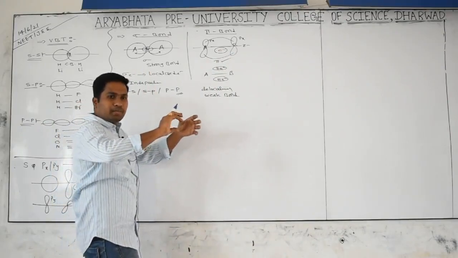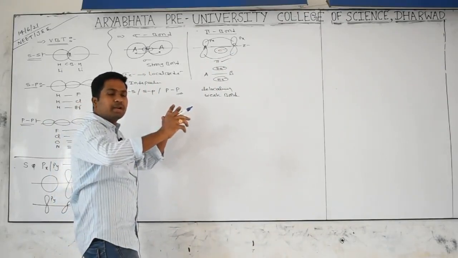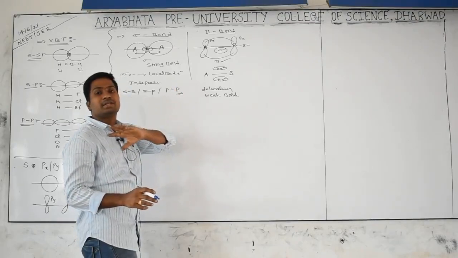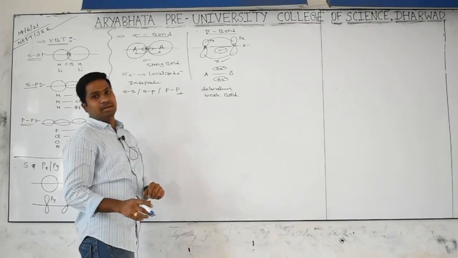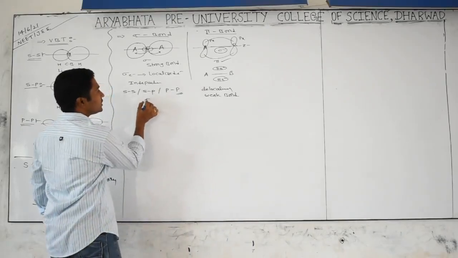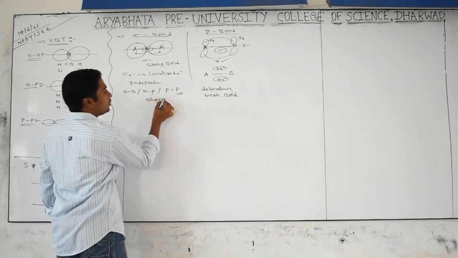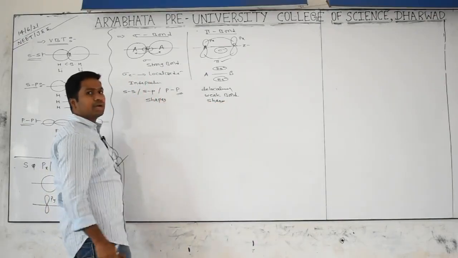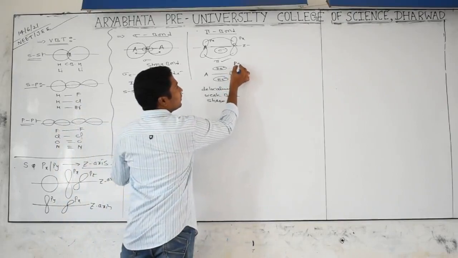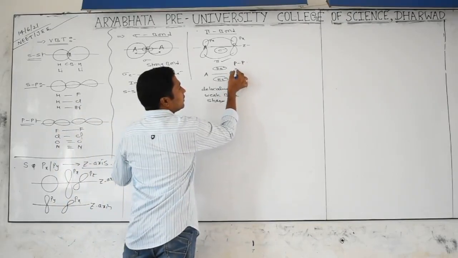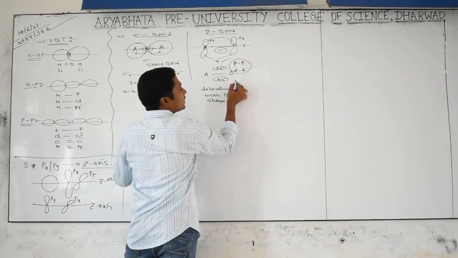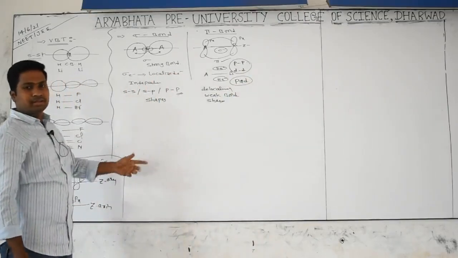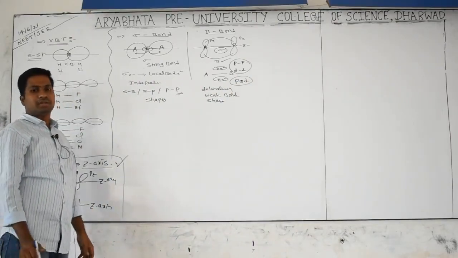And with respect to a pi bond, if you want to rotate the atoms, what happens? The bond will break down. That's why with respect to a pi bond, rotation of the atoms is not acceptable. And one more thing, a sigma bond influences the shape of the molecule, but pi bonds do not influence the shape of the molecule. Pi bonds form when two p orbitals overlap sideways, and p and d overlapping also gives a pi bond. s-s, s-p and p-p overlapping give the sigma bond.